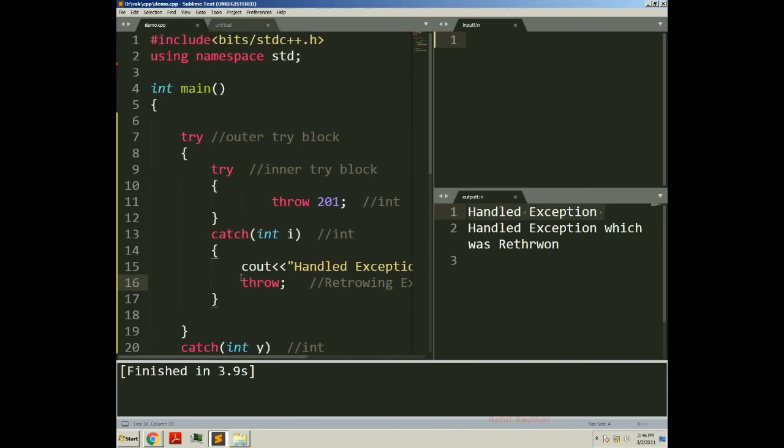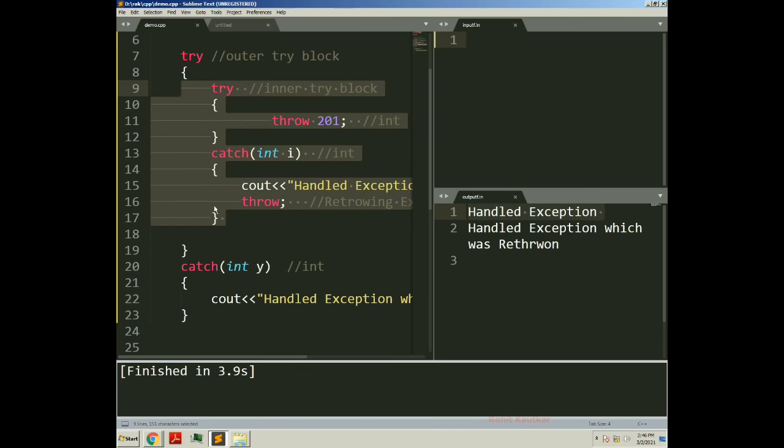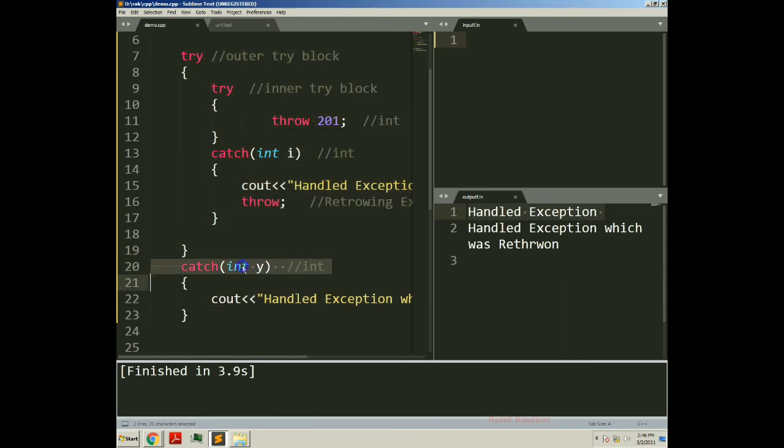Because of this, the exception is raised again and control searches for the next catch block. For the inside try block we do not have any catch block, so it comes outside and finds the catch block of integer type.